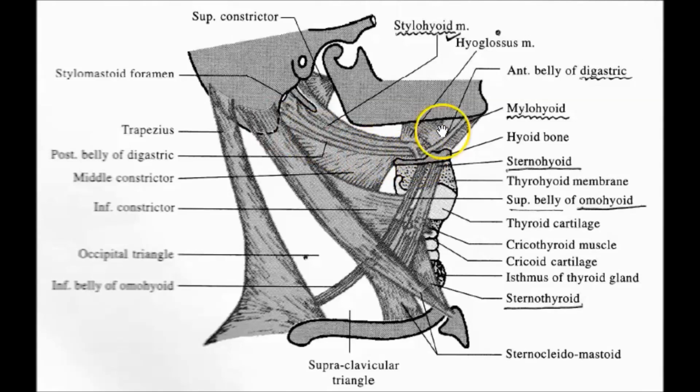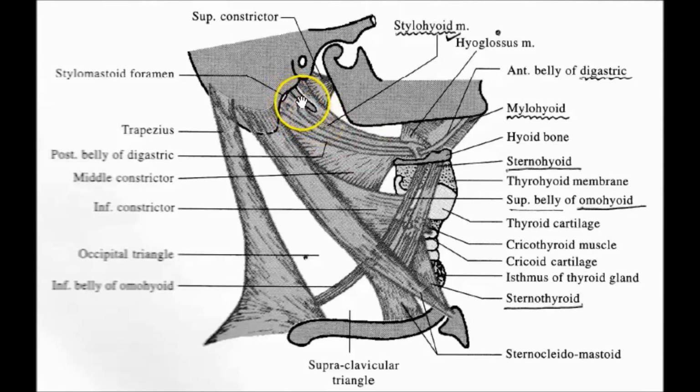Now remember my friends, people get confused about the nerve supply of the anterior belly and the nerve supply of the posterior belly. Remember, the nerve supply of the two is different. Now you can see that the anterior belly is near the mylohyoid muscle, so its nerve supply is also the mylohyoid nerve. And the posterior belly is supplied by the facial nerve. Okay friends. Then one more is